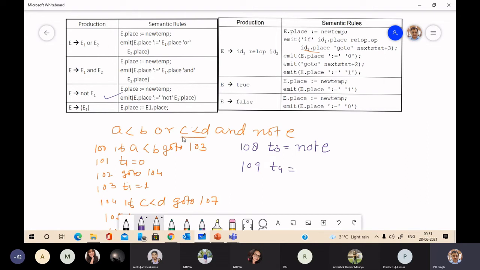E1 place is the place value of this, which is T2. And E2 place is the place value of this, T3. So T2 and T3 combined will become T4.